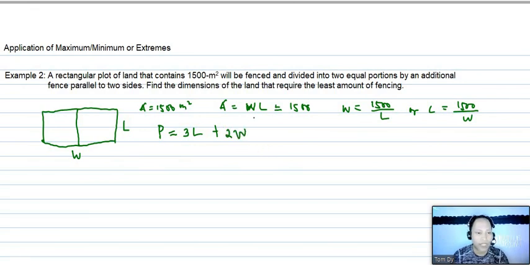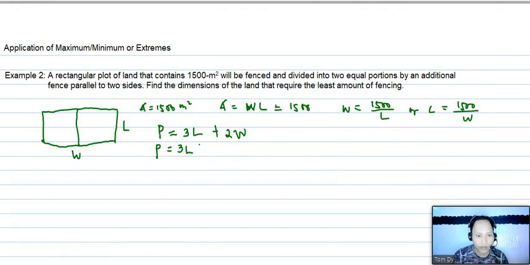Okay. Now, this time, we will substitute, it's either length or width, this one. So I will substitute the value of width, which is 150 over L in my case. So we have here our P, which is equivalent to 3 times L